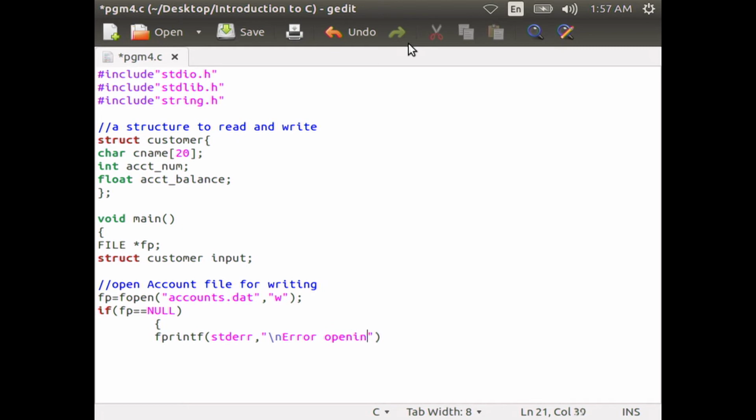fprintf(stderr, "Error opening accounts.dat"); exit(1); then close the curly brace.